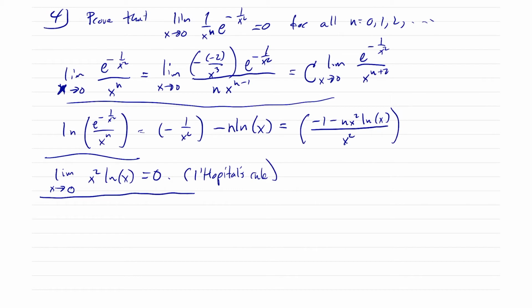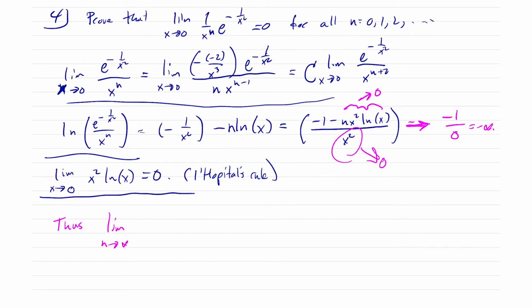And so you can demonstrate that, or maybe we'll demonstrate that in a second. And so then basically this term here goes to 0, this term goes to 0, and so basically this is tending to negative 1 over 0, and that's going to give us negative infinity, right? And so thus the limit